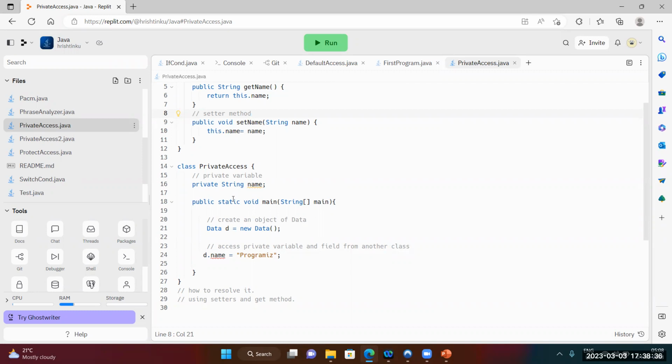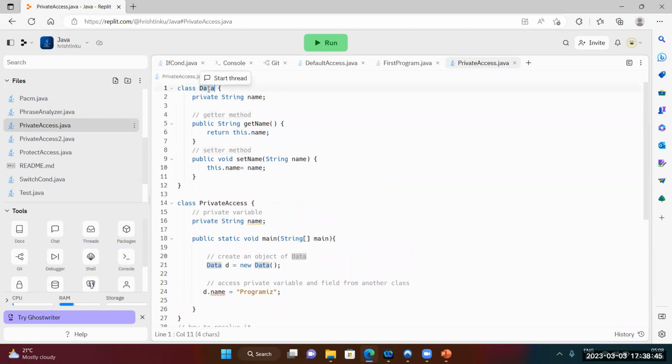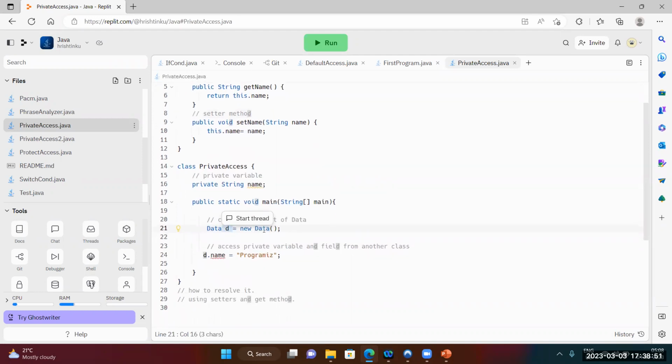I'm using void main to create an object of Data, the other class. I have created an object for it, Data d = new Data. And when I call d.name,